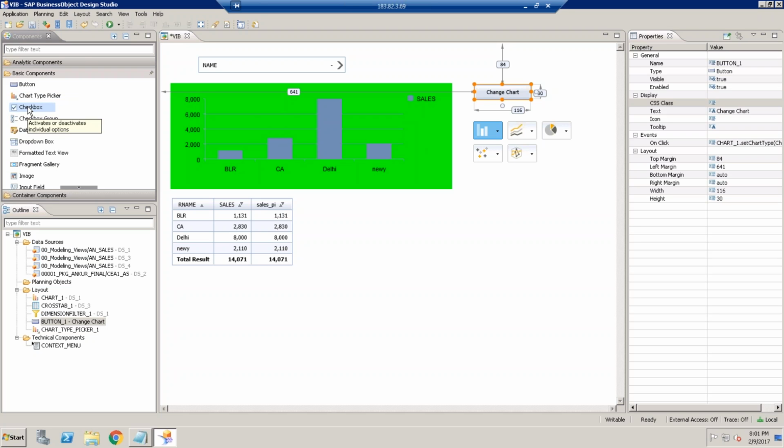When we were discussing checkbox, it is a very generic component. In real time, you would have used this one, like when you explore, let's say you are visiting